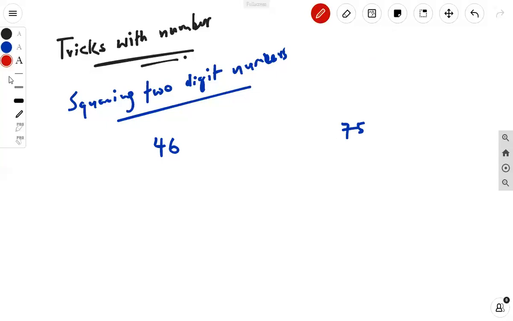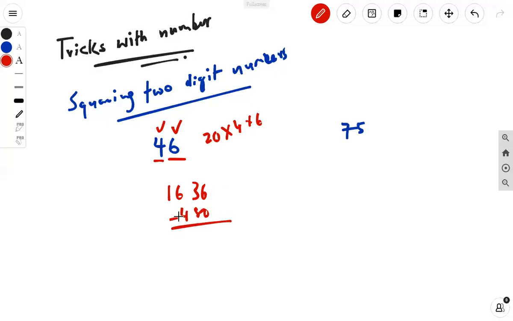Just check it. We all know that the square of 6 is 36 and the square of 4 is 16. Just write them side by side. It is 1636. Then the two digits are 4 and 6. Just multiply them and multiply the result with 20. That makes it 20 into 4 into 6. It is easy to multiply because 4 6s are 24, and 24 into 20 will make it 480.